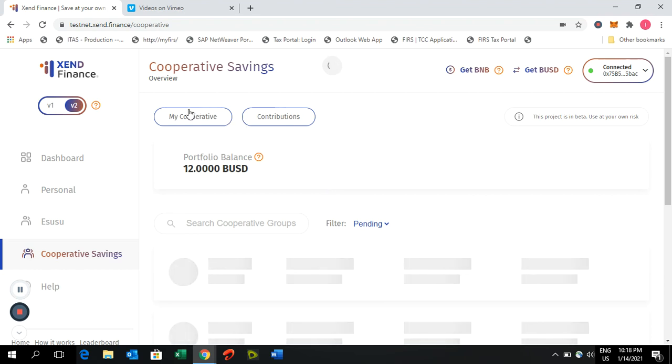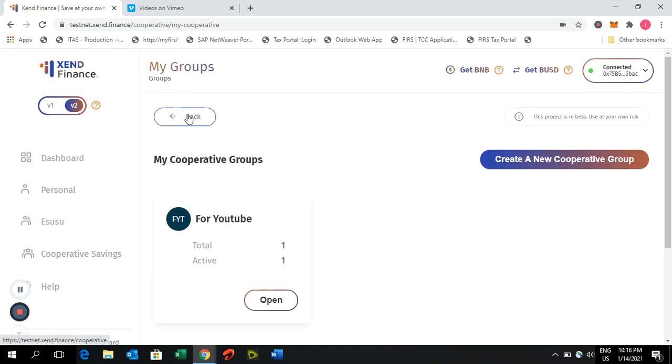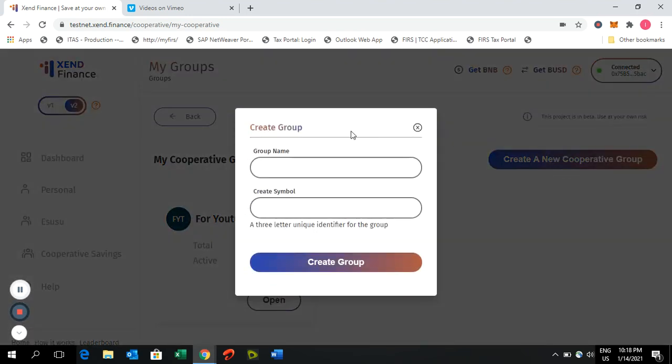I just go to my cooperative here because I'm not willing to join a group. I'm willing to create a group. So I have an existing cooperative group here already, but I'm going to create a new cooperative group. And the group here is, I will name the group for the same name I gave the Esusu group for